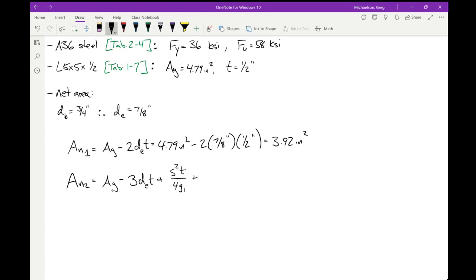It's not just computing a single stagger factor and then doubling it. The stagger factors are different because we have different G values. So we have 4.79 minus 3 times 7/8 times a half plus,